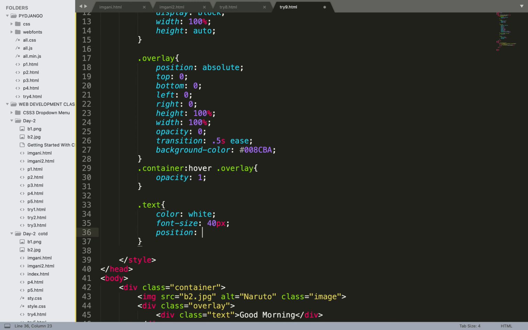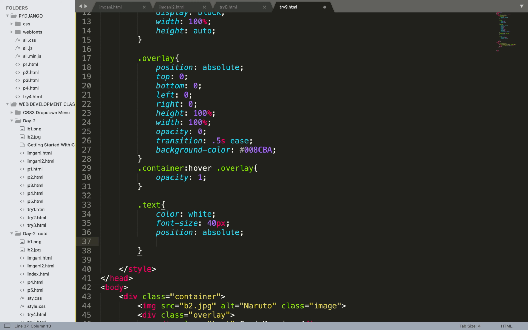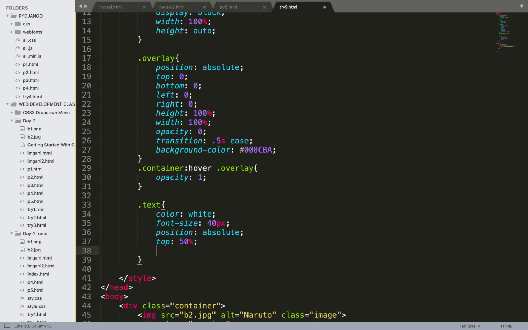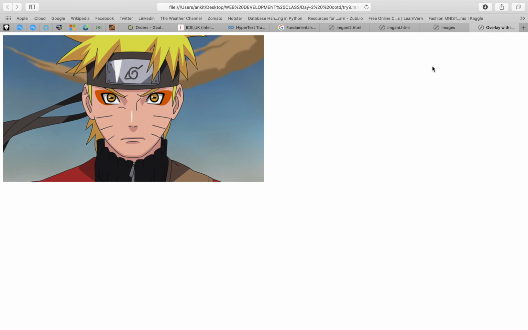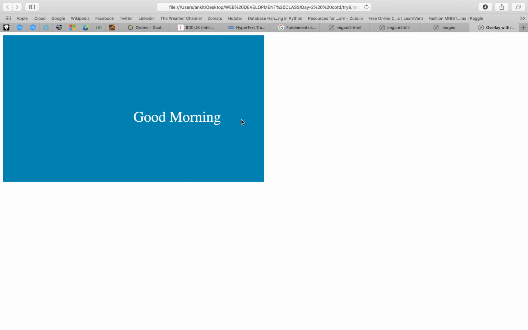Position, let it be absolute from the top, means I want to display it in the middle of the image, so I will be placing 50% from the top, and from the left I will be placing it at 50%. Fine, so our complete CSS part is ready.